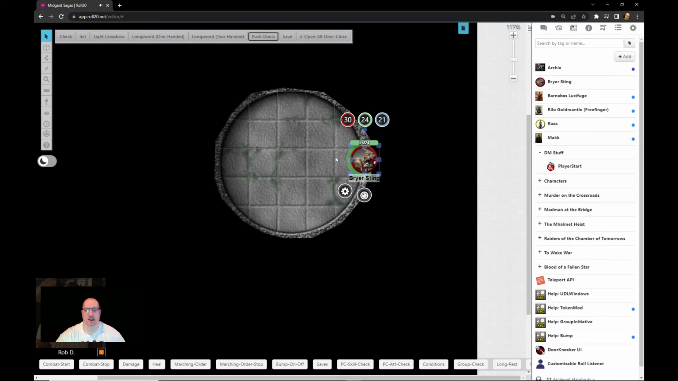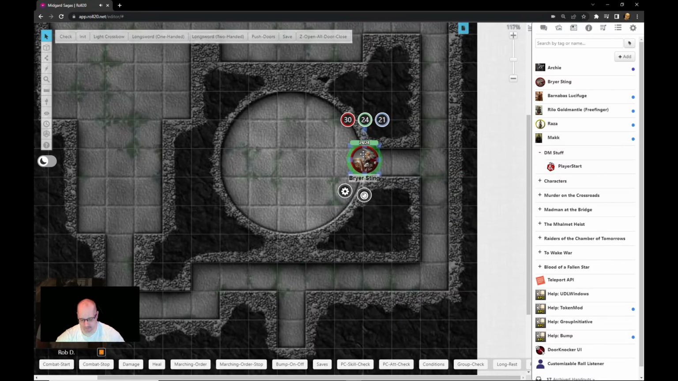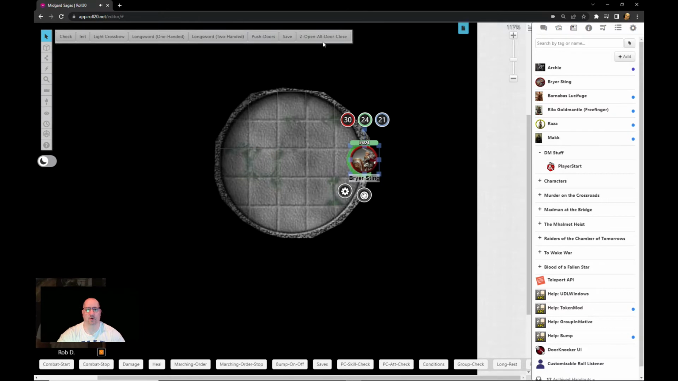Alright, so you click on this token when he gets to this door and you do open all doors. See, the door opened. If I open all doors, it's closed. And now I believe push doors will work. Yep. I basically had to unlock that door for him to be able to go through. I'm not quite sure why,